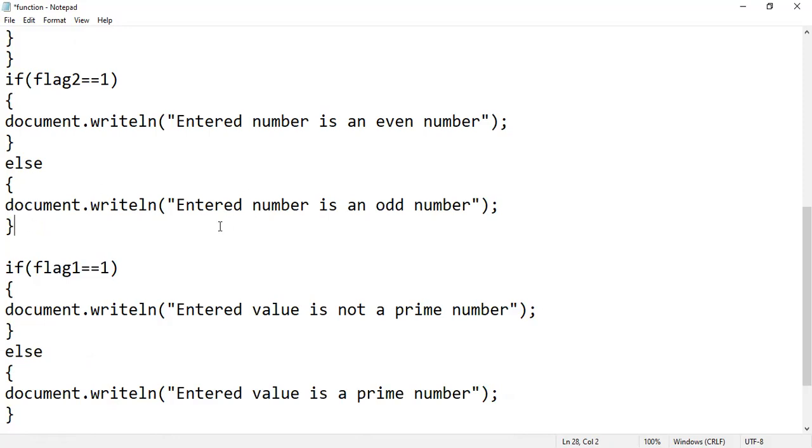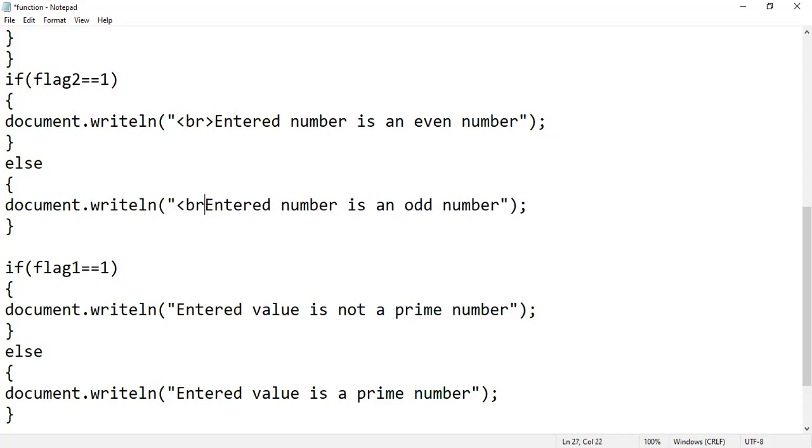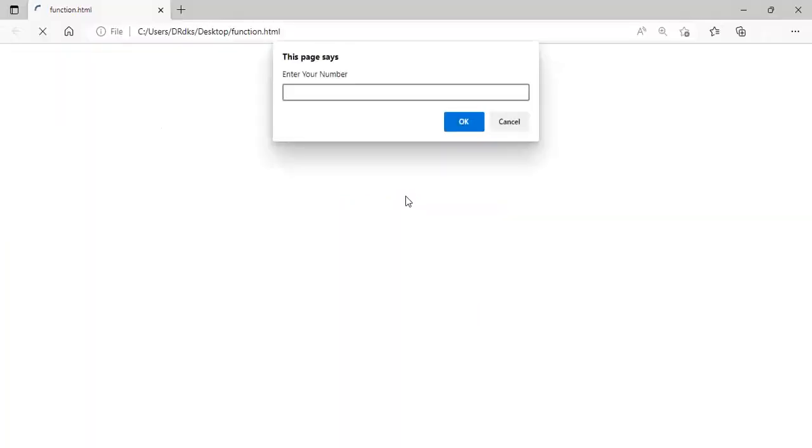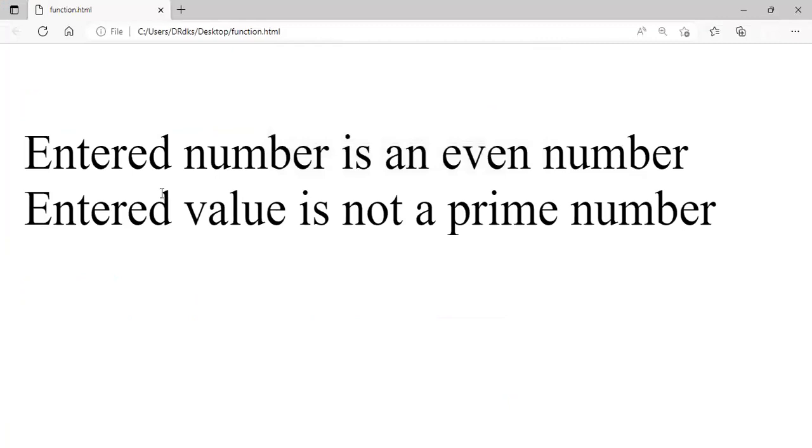See there, we use the BR tag for the line break. If the statement will print, it will first break the line, then show the statement. Use the BR tag before the text, and at the last one also use the BR tag. Save this and check the output. Press F5, and type 12. Just see here: entered number is an even number, and entered value is not a prime,